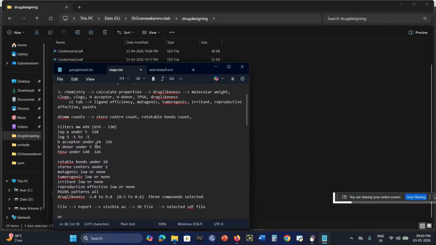See here. So these are the parameters to be noticed for drug discovery purpose. First one is molecular weight. The molecular weight should always be less than 500, and then the log P value should be under 5, and log S value should always be between -1 to -5, and hydrogen bond acceptor value should be less than